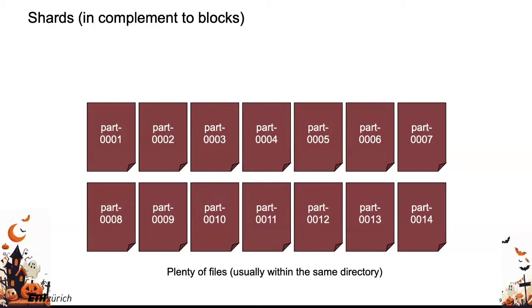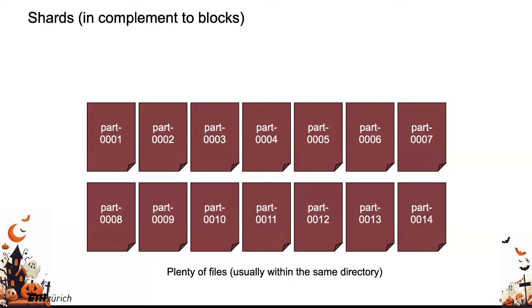Now, another aspect of a data set, if you look at HDFS or if you look at S3, that I mentioned already a couple of weeks ago, is that typically a data set is not going to be in a single file. You could, right? But typically a data set is rather going to look more like a directory with plenty of files. And the data set is basically the sum of all the files. Typically, the files in that directory have numbers like part 1, part 2, part 3, and these are called shards, right? Typically, we say that the data set is sharded,